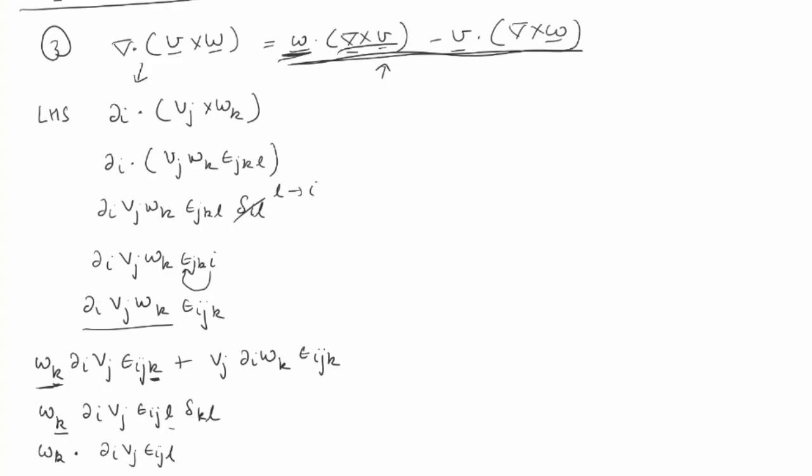And now I will do similar thing here. So this is plus sign. For that Ik should be in the order Ik. So I will take j here with a minus sign. So this will become Vj del I Wk Eikj. So now with the minus sign I can write Vj del I Wk Eikl del Jl. I could have used M here also so that this is different than this L.